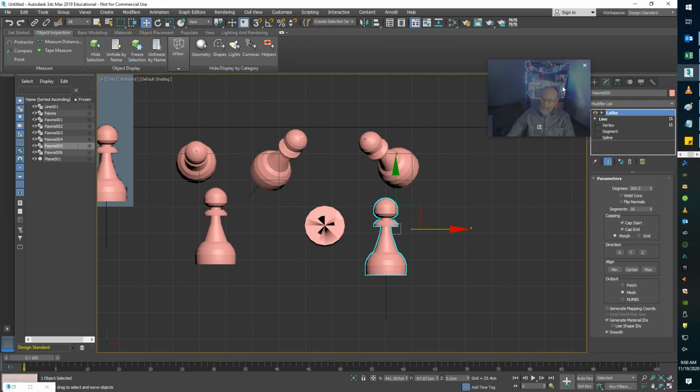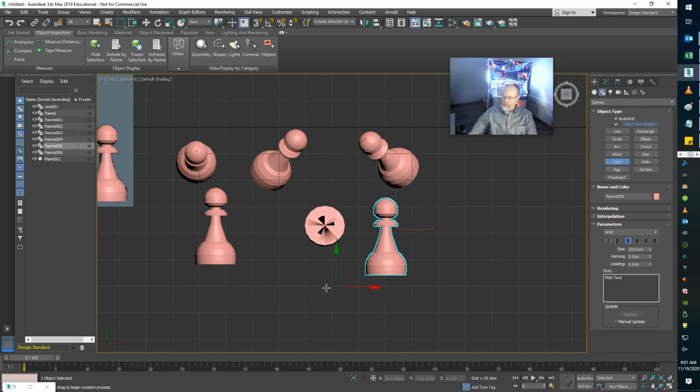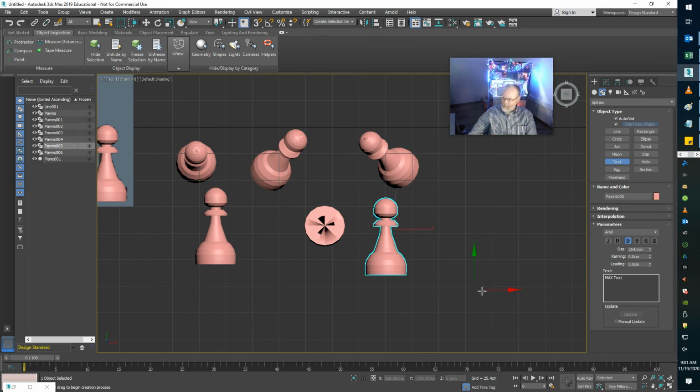I'm going to add my name, which I'm going to go to the Create panel. 9 o'clock a.m., 71 degrees Fahrenheit. And using the text, I'm going to create. Whoa, that's too huge. Control Z. I should probably make my size about 20. And then in max text, I'm just going to put in student,